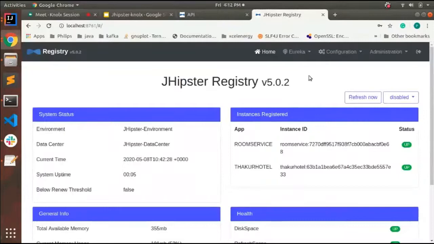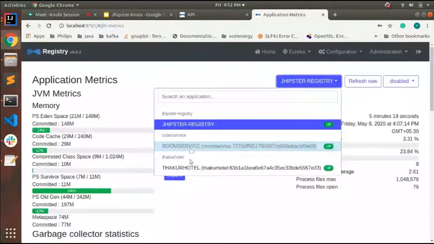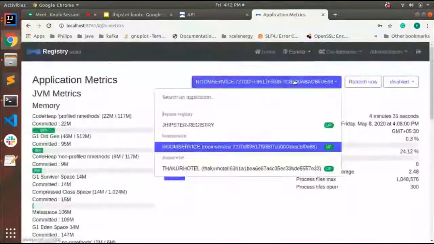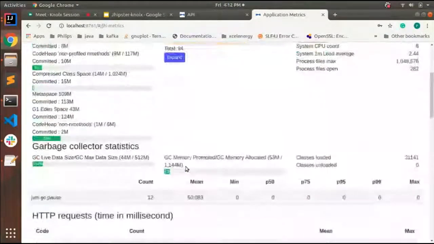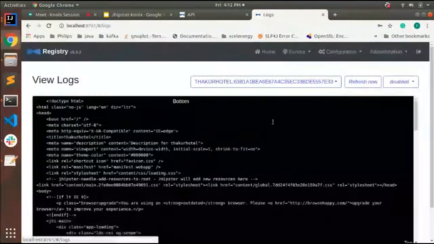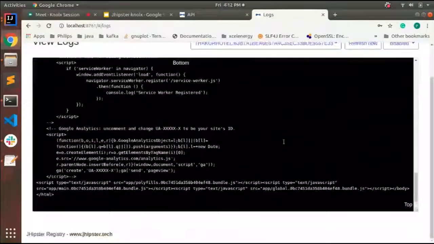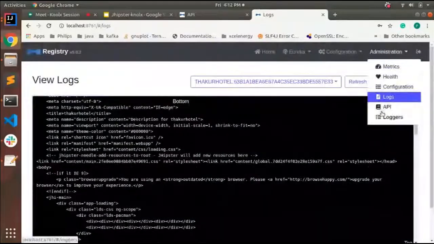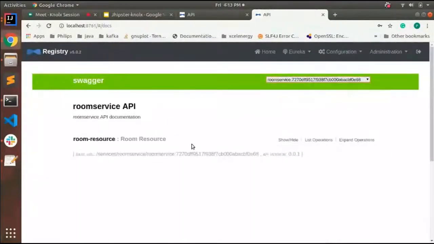In this registry, you can also see the metrics of all the services, for the room service and for the Thakur Hotel gateway, and everything you can see here. Logs, how the application gets started, and everything is in a single place, and everything is generated by JHipster. You don't have to do anything. And room service.